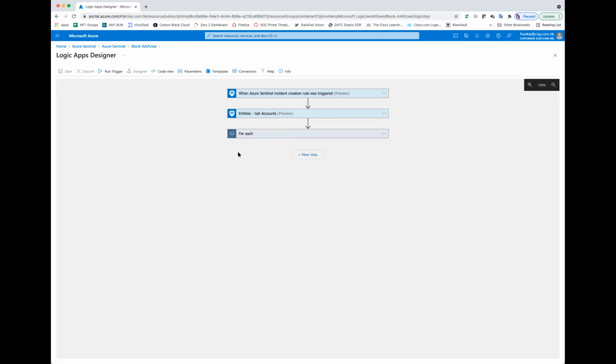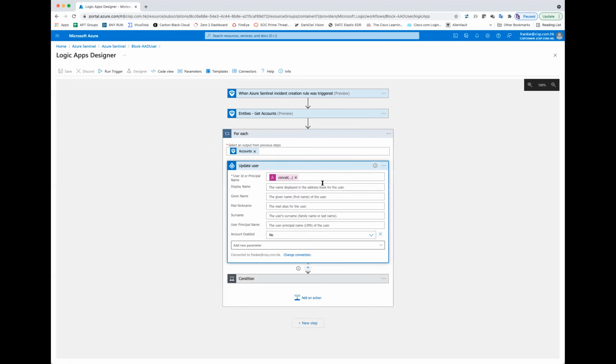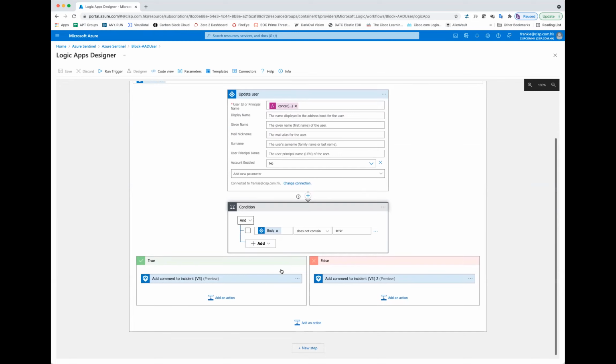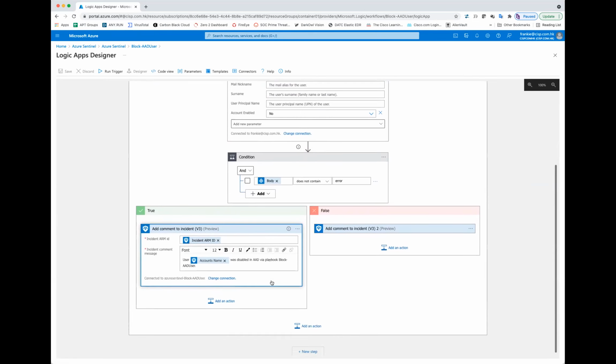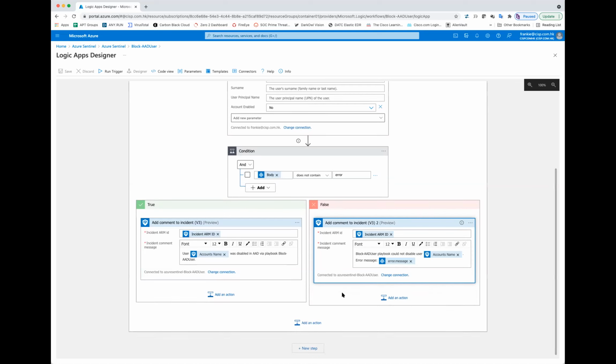And then there is some logic right here to enumerate the content of the account entity, and then update the account information, and then build up different kinds of conditions, if true or false, by the body of this account content. If, for example, add comment, you can do add comment on it,